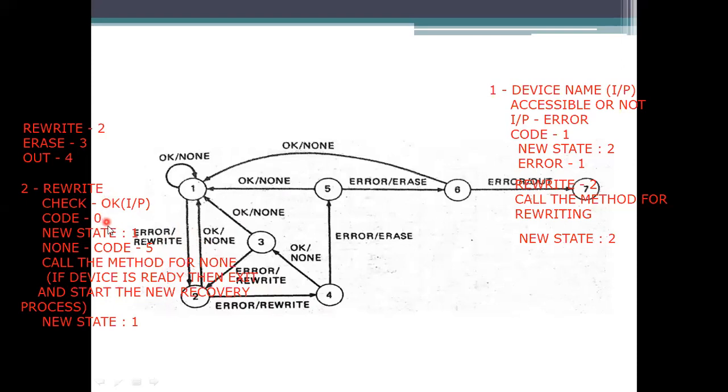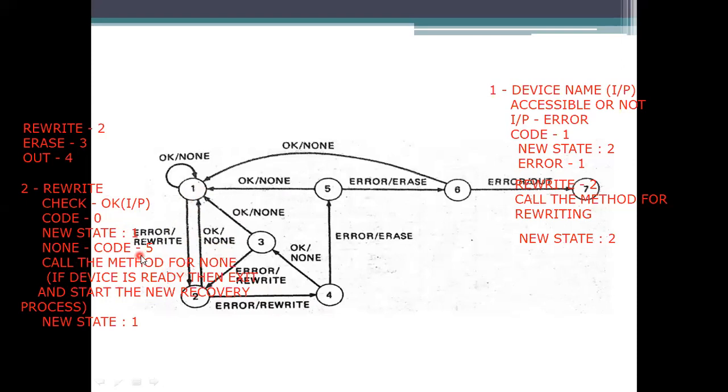So we need to update the new state here because we took the input. This input is leading to which state? State 1. The new state is 1 here. And coming to the next one, what action do I need to perform here? It depends upon the output handler here.